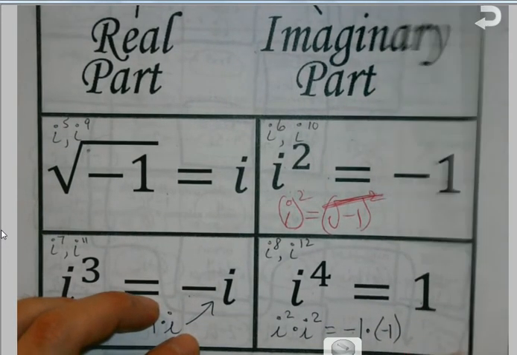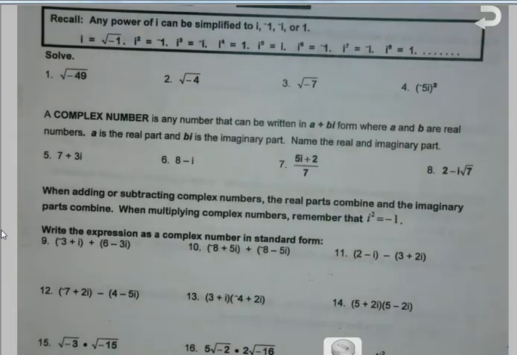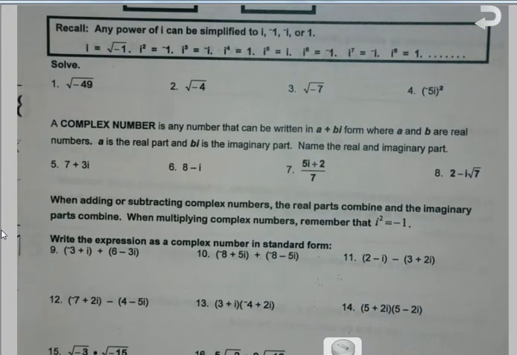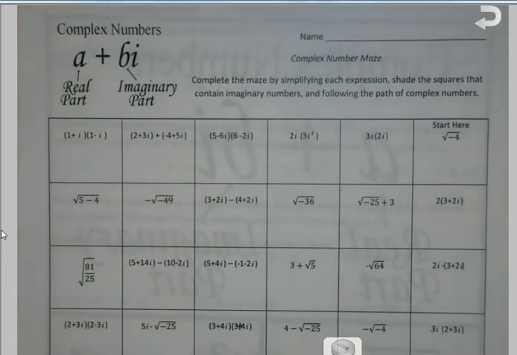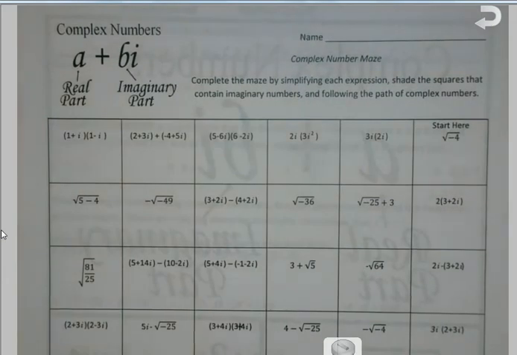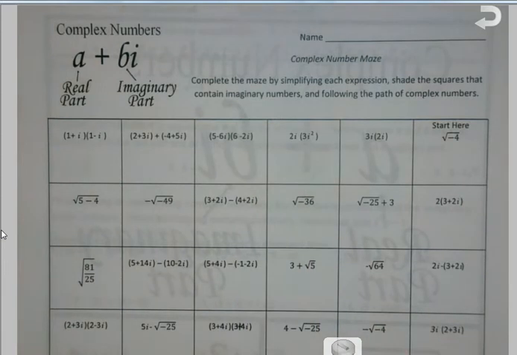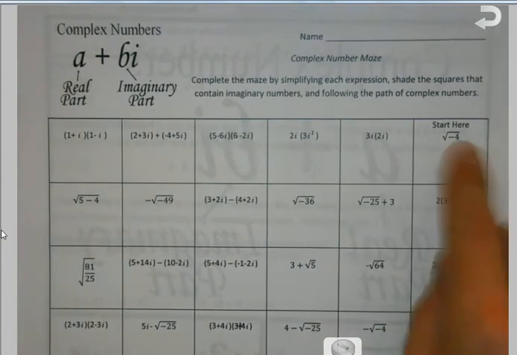Now, I talked a little earlier about some extra credit being available, and that would actually be on the back of this sheet. Except I can't show you the back of this sheet because that's my answers. So let me come back over with a fresh one. On the back here, once we get done with today's notes, this will make more sense. But what you can do is you can complete this maze, and what you would do is you'd solve these. And the ones that have imaginary numbers, the answers that have i in them, you'd start here,